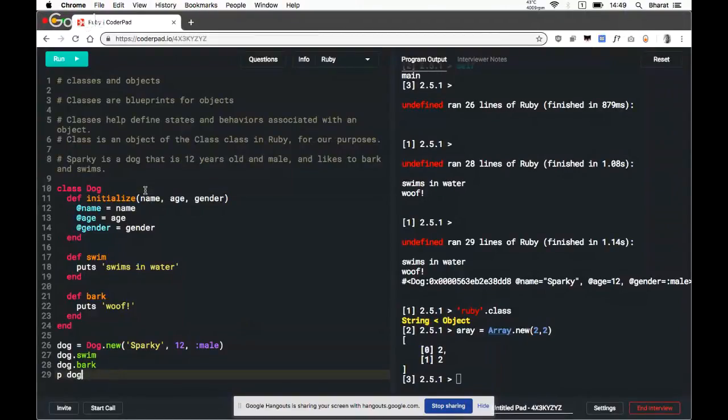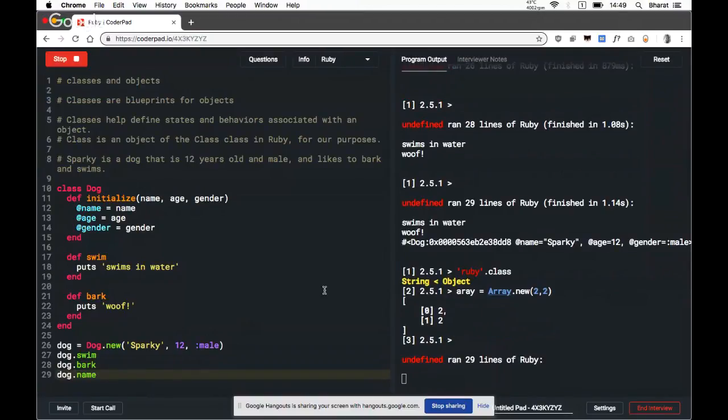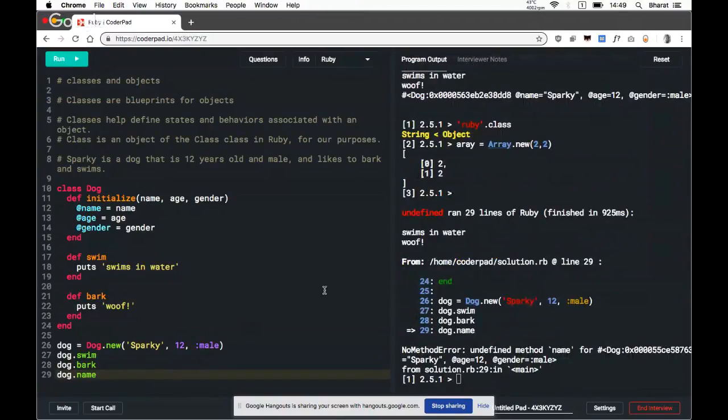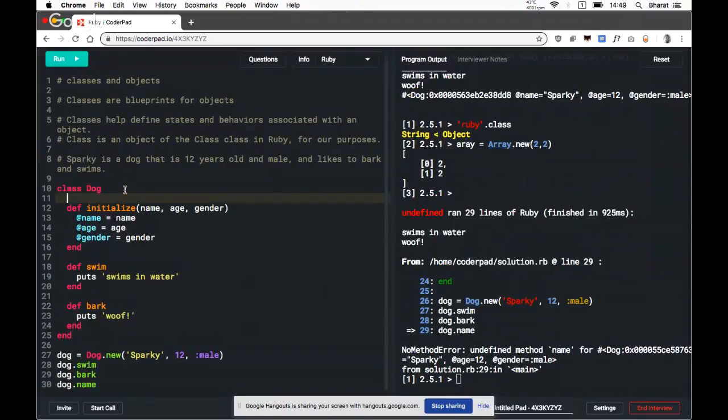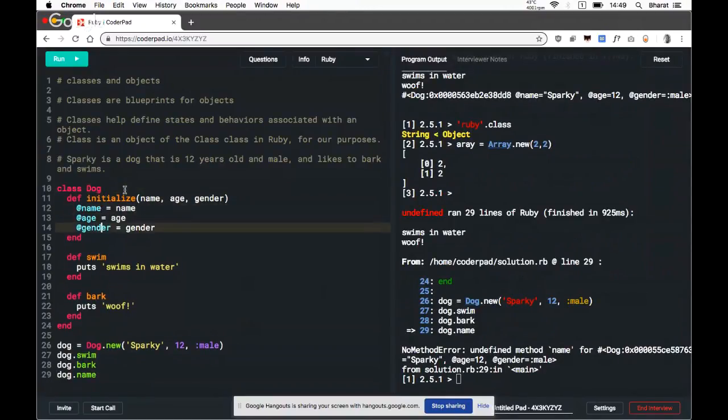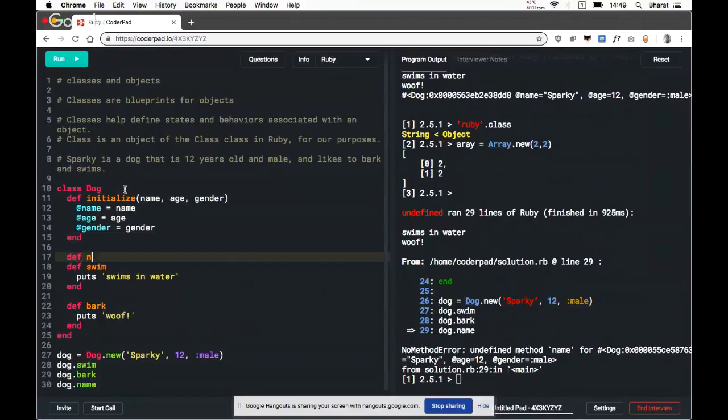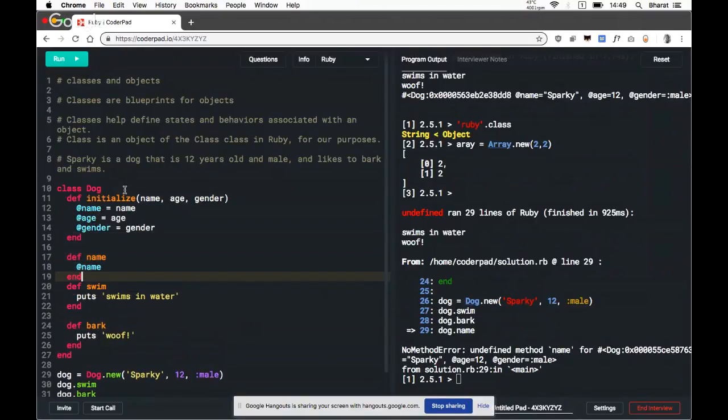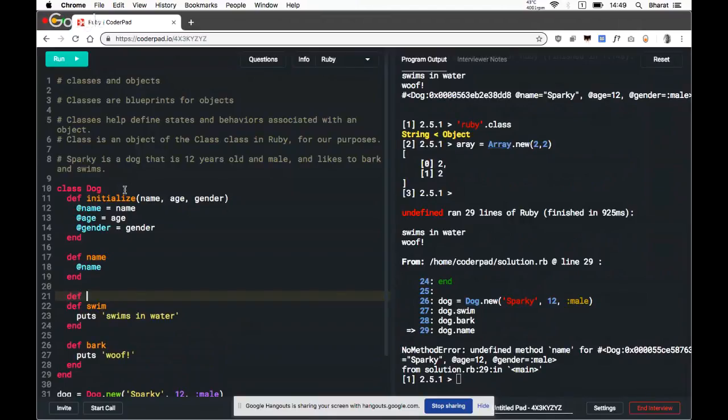At this point in this program, we do not have access to the name itself. We can call bark or swim, but if we try to call name, then we get an undefined method error. We can expose this interface by creating a method like this and exposing the name. And we can also change the name as well.